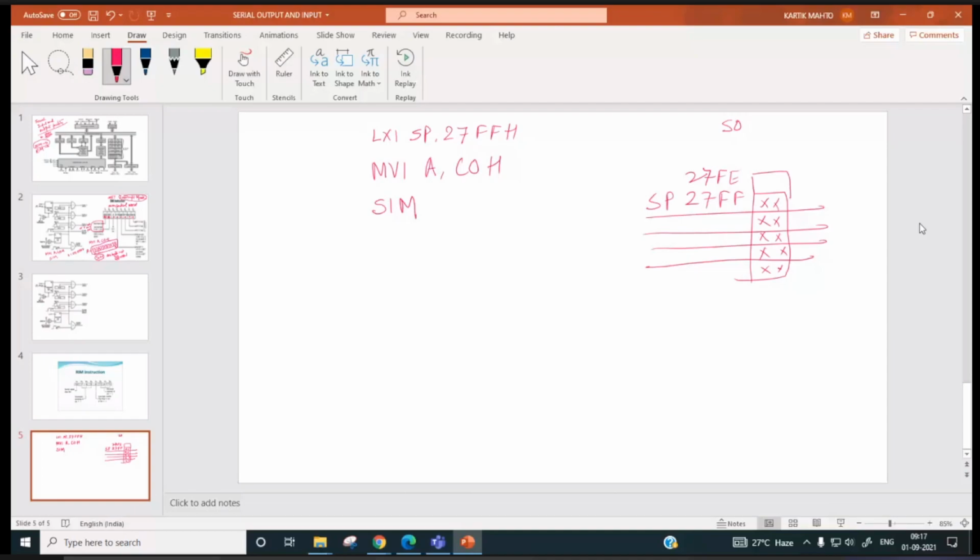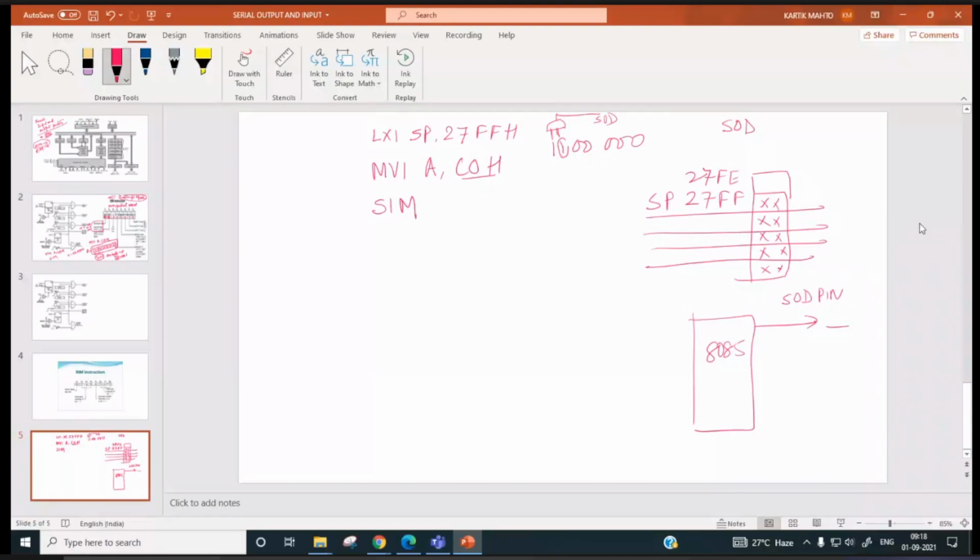Suppose this is the 8085. C0 is 1100 0000, and the rest are 0. So these two will be ANDed, and here this is the SOD pin. So 1 1.